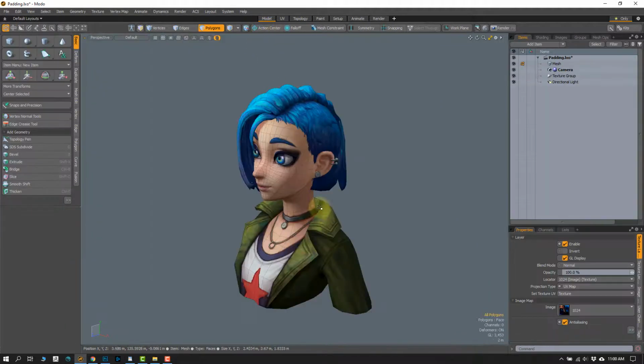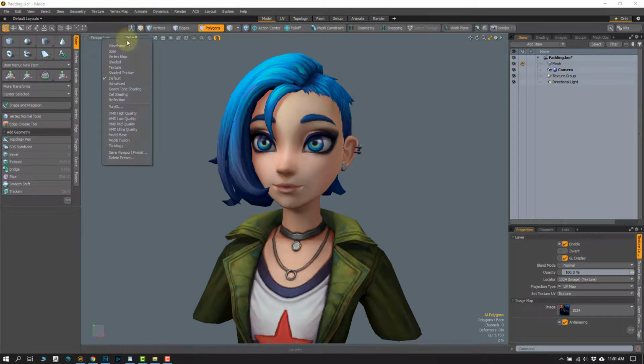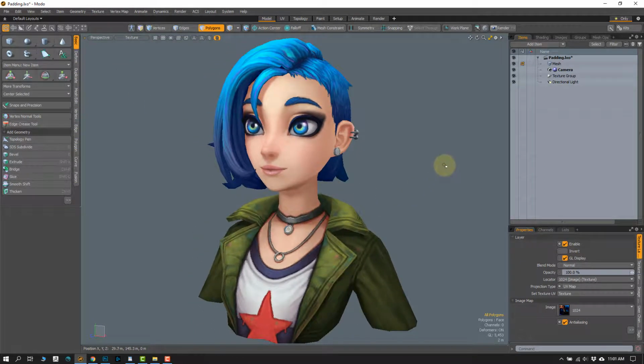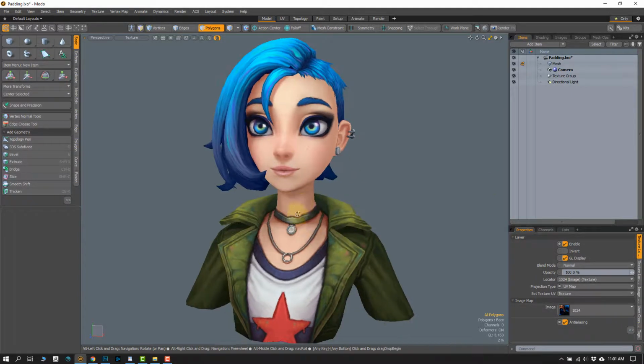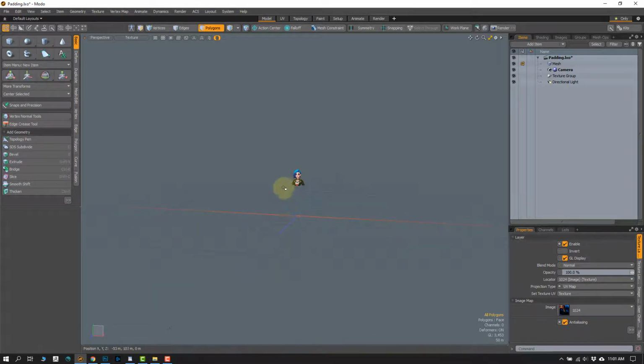So let's look at this in full screen, turn the wireframe off, and I'm actually just going to change this to textured so we don't have any lighting in the scene. So again, really beautiful example of nice textures on a character, but if we were to zoom out and we were really far away from this character, like this far away, I can't see her pupils, I can't really even see her necklace anymore. She's just really far away, so there's really no reason to have a 1K texture loaded